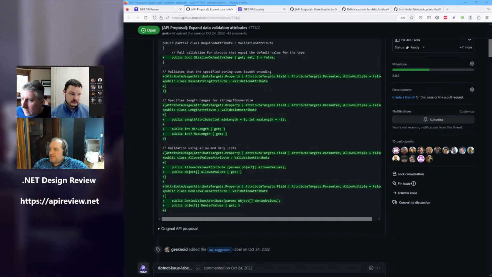What do people think about making these generic? Martin said he wanted them to work on .NET Framework, so he said no. Either that or have two versions. Not sure if C# has support for generic attributes yet.